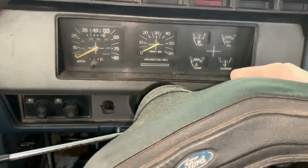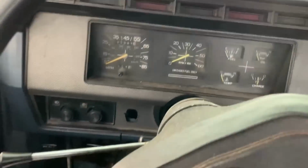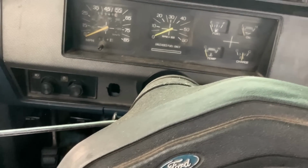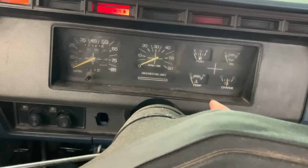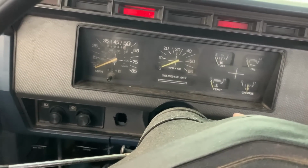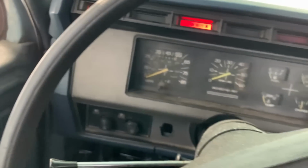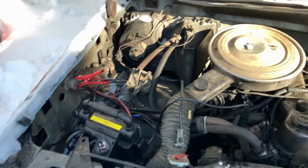Oh no. You're gonna make me walk all the way back out there? It did the clicky. All right, changed our connections up a little bit out there. It don't like that. Well, it would appear that the jump box doesn't quite have enough power to turn over the starter